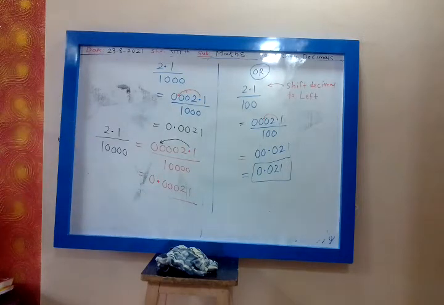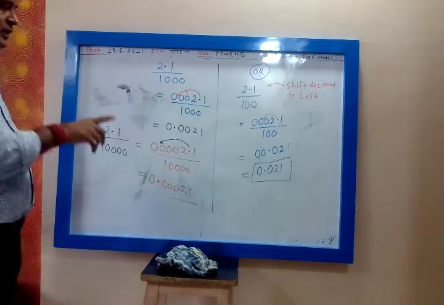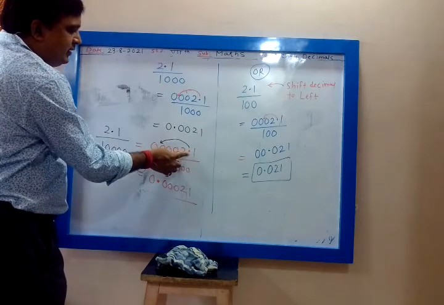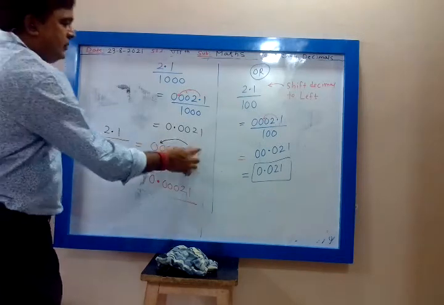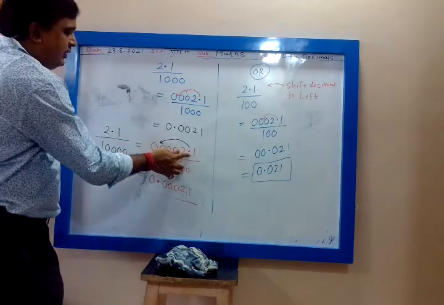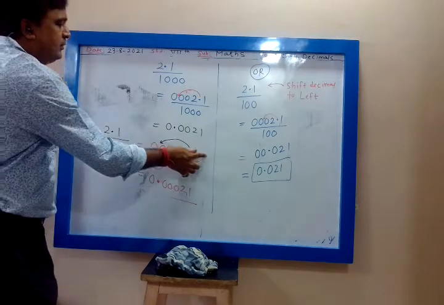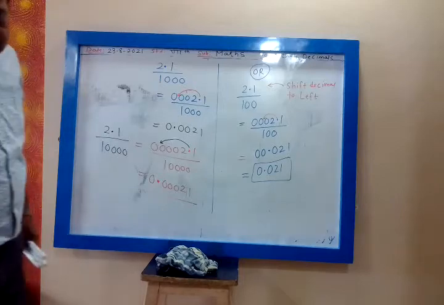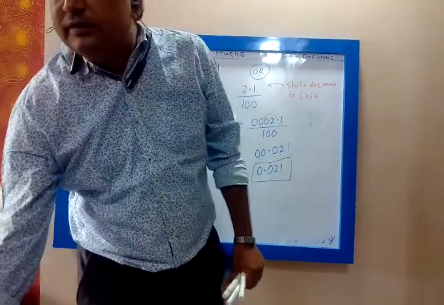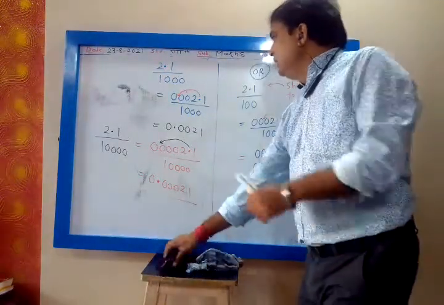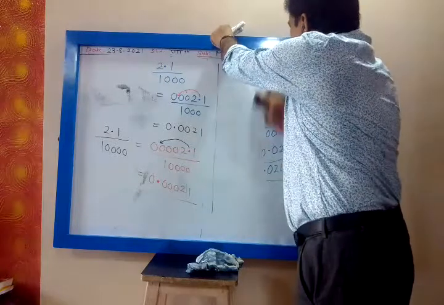Yes, follow this technique, shifting of the decimal. Do not count from the beginning. Wherever decimal is there, from there you shift to the left. Do not shift from the starting. If you do from the beginning, answer will be wrong. Yes, understood this point? Yes or no? Nicely understood?